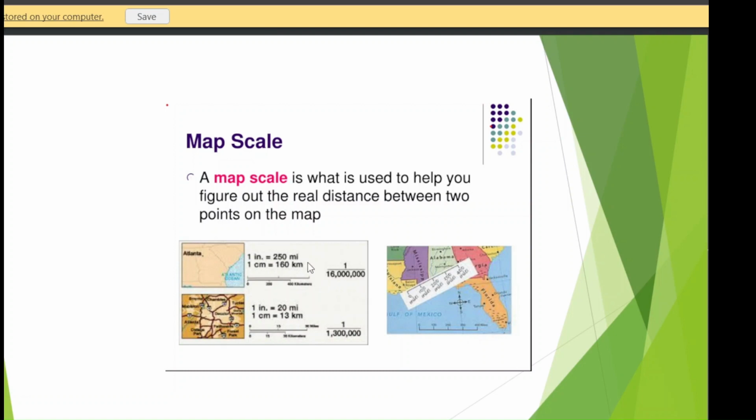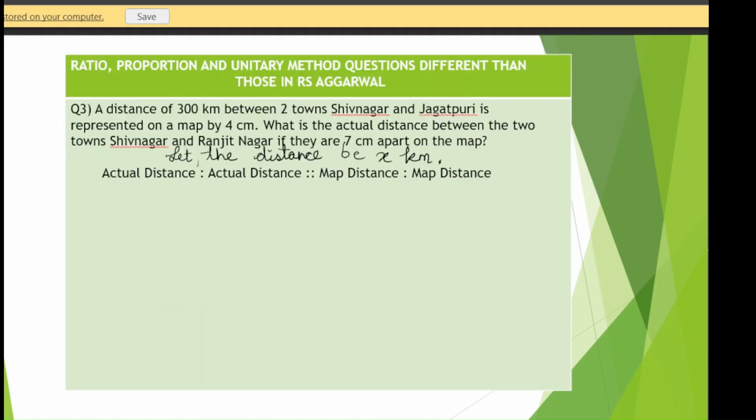Okay, so let's start solving questions from scale of a map. One example: a distance of 300 kilometers between two towns, Shivnagar and Jagatpuri, is represented on a map by 4 centimeter. What is the actual distance between the two towns, Shivnagar and Ranjit Nagar, if they are 7 centimeter apart